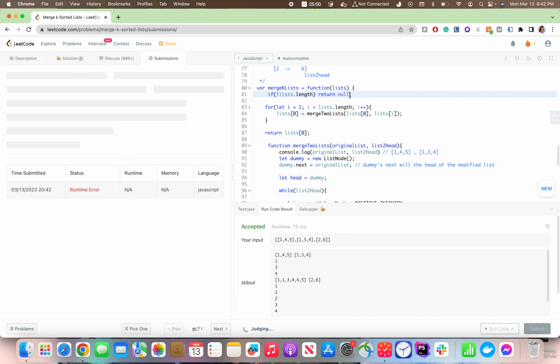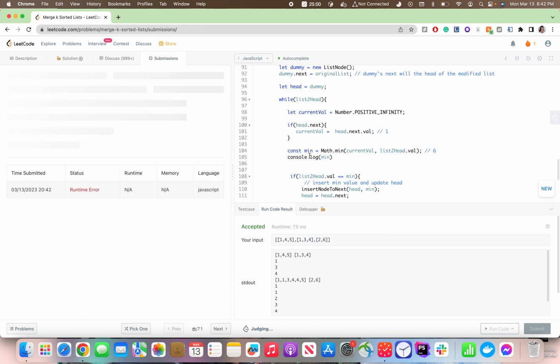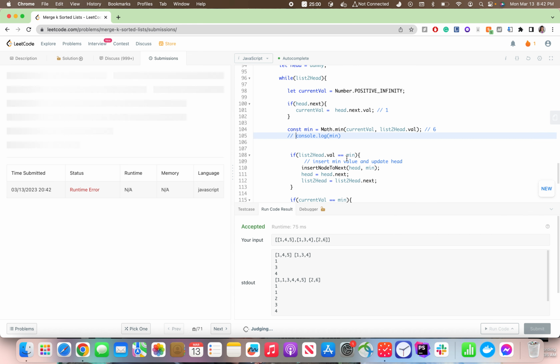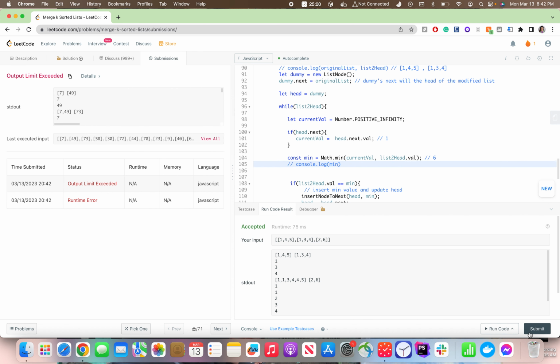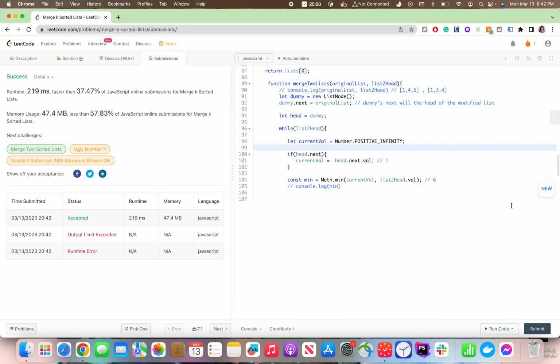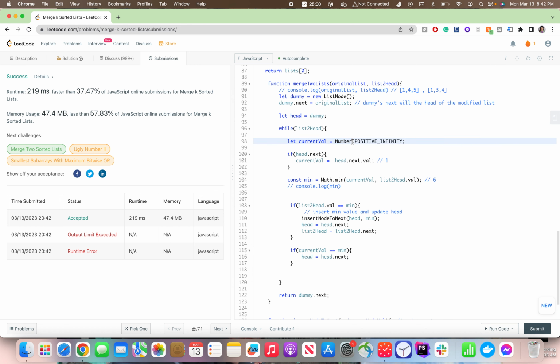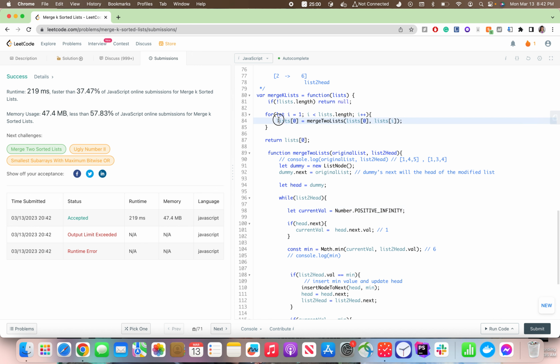Because I cannot return empty, right? I think this will not run because I'm doing too many console logs here. Okay, it is running. So my major mistake was a JavaScript error here, Math.POSITIVE_INFINITY. It is Number.POSITIVE_INFINITY. And another major mistake is I did not update list 0. So yeah, that was my major mistake because